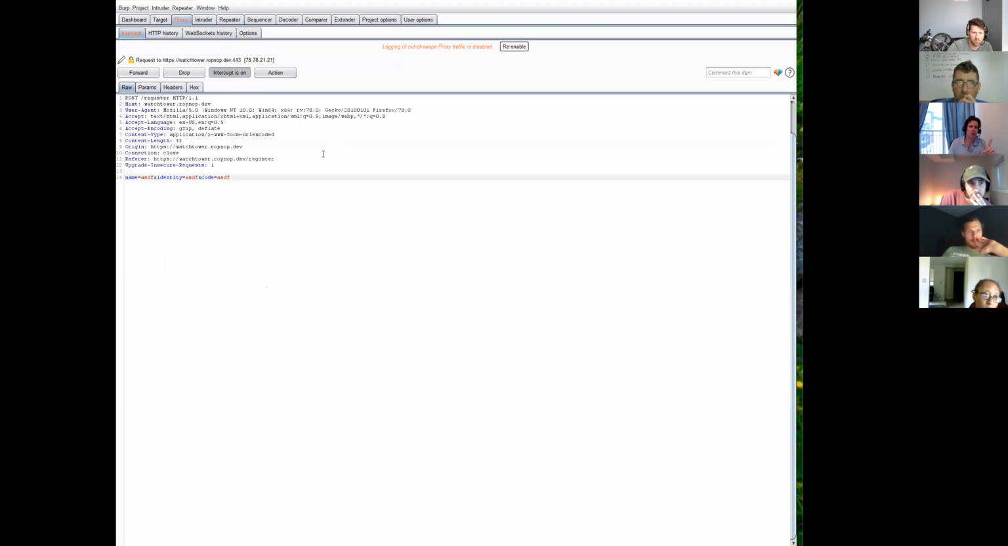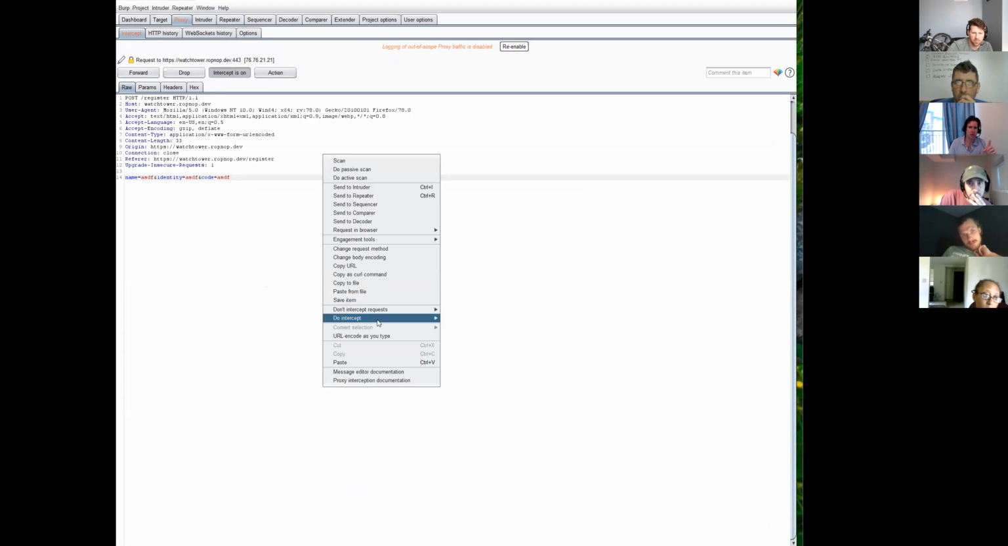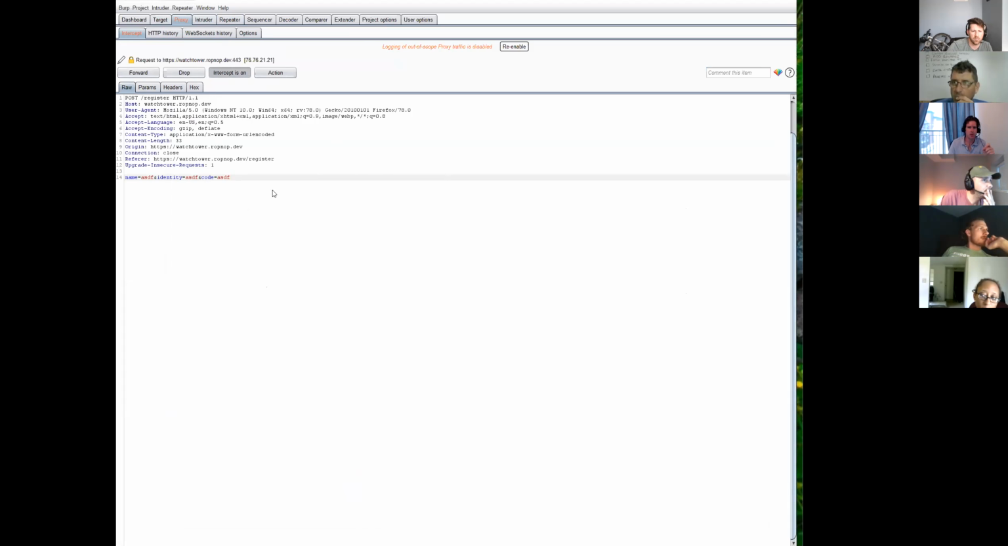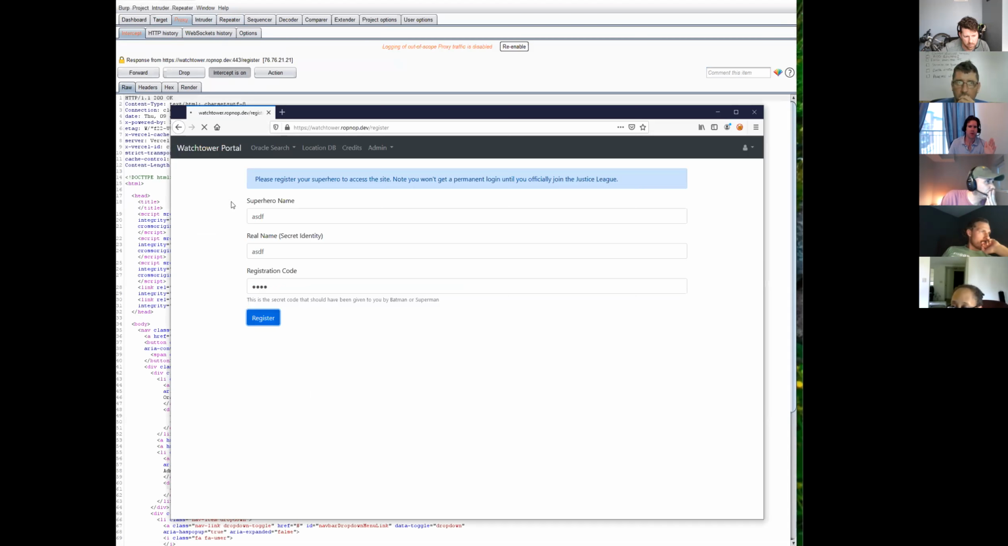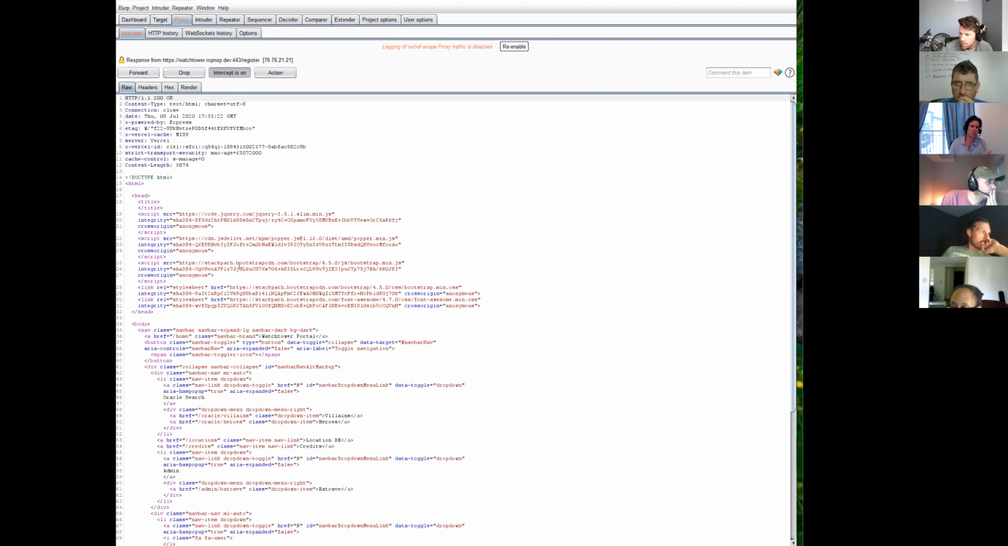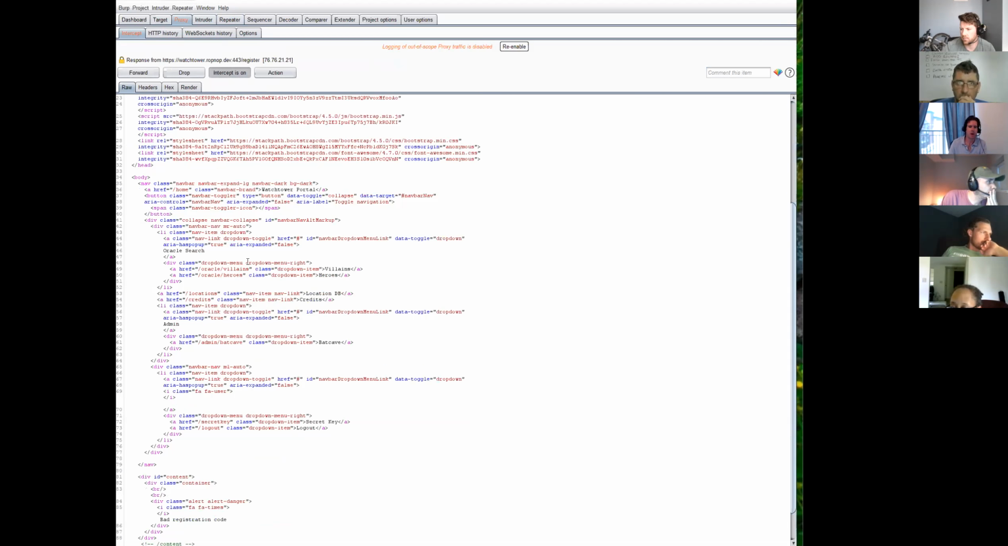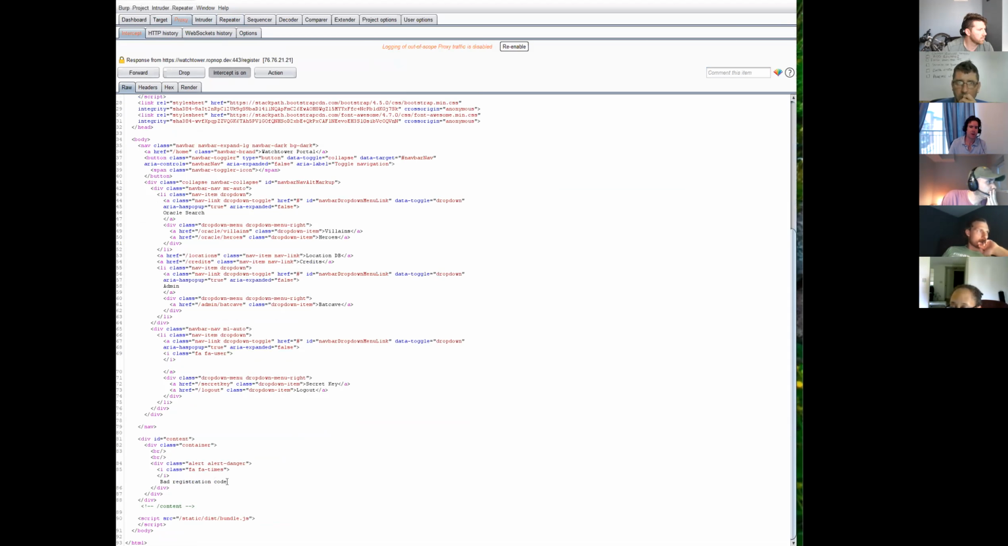But the other thing I can do is right click and do intercept the response to this request. So I won't modify it, but Burp is now holding on to the response that came back from the server. Firefox still thinks it's loading, but this is the response that came back from the server. And I can modify this. So if I came down here to where it says bad registration code, and I changed it instead to say hello world foobar,